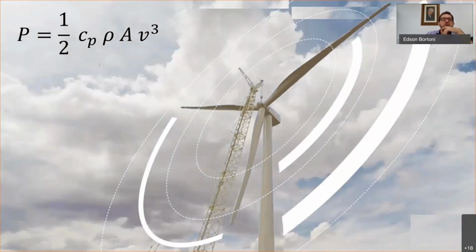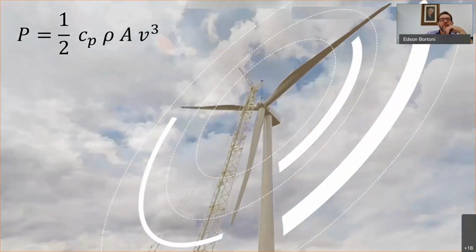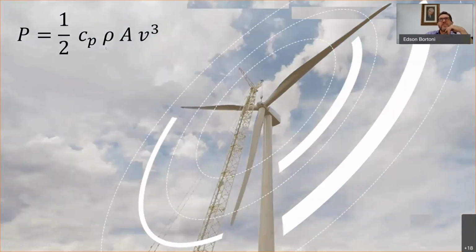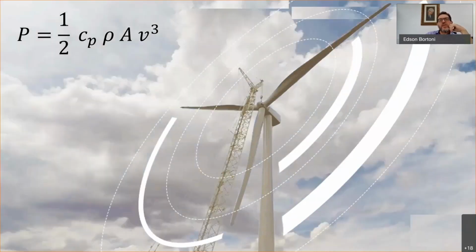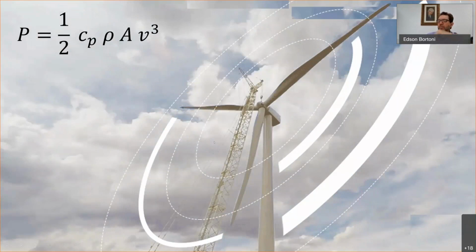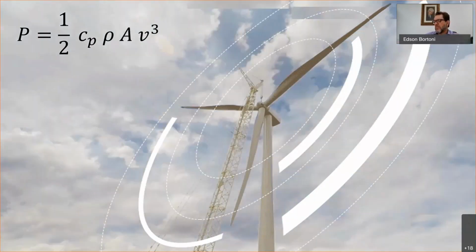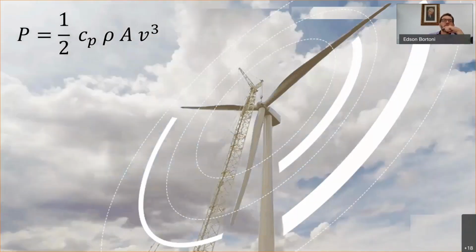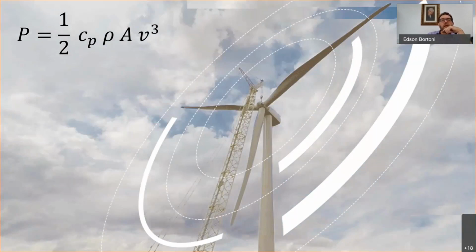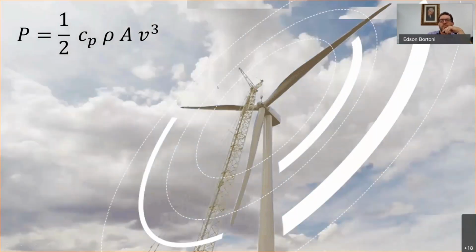Rho is a Greek letter, the specific mass of the air, about 1.2 kilograms per cubic meter. A is the area covered